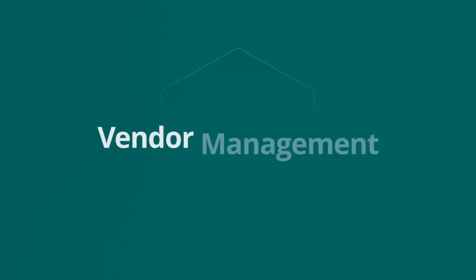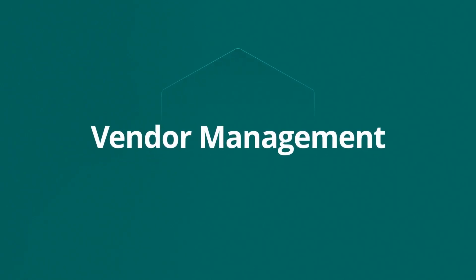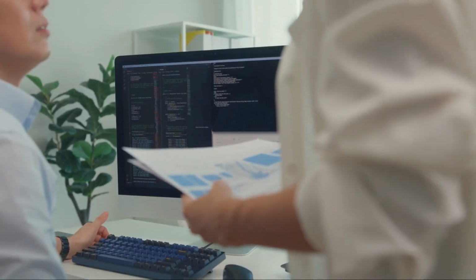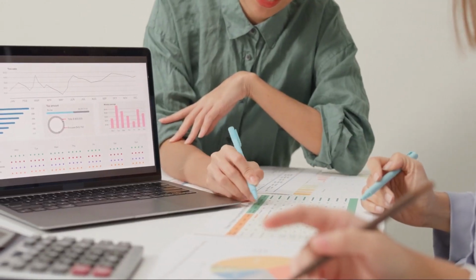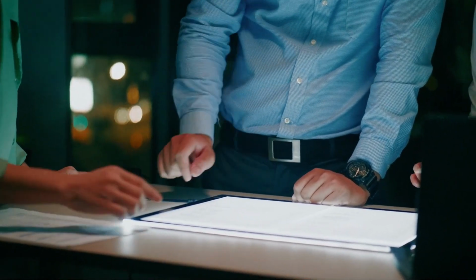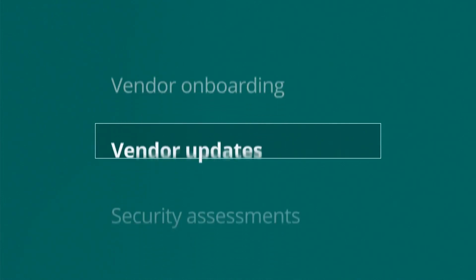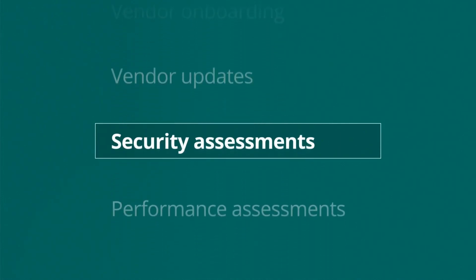An efficient supply chain relies on effective vendor management. To drive success, you need technologies that support strong supplier relationships and help you make data-driven decisions. With Bizagi, you can create low-code apps to automate and orchestrate vendor management processes, including onboarding and vendor updates, security,